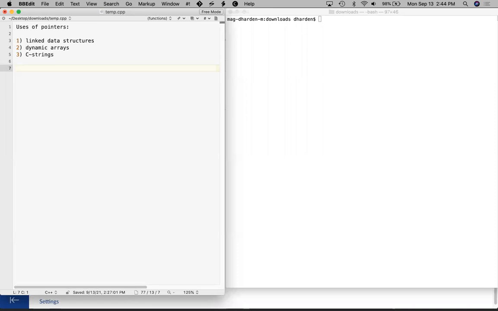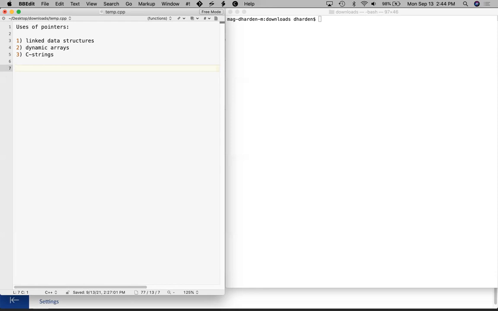But there are two different ways to handle strings in C++. You can use the string type, otherwise known as the string class, otherwise known as string objects, which is what we covered in lesson 2 already this semester. Those are very nice. They're easy to use. They're full featured,